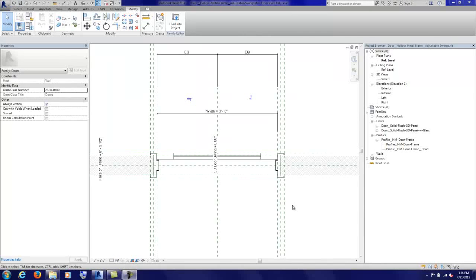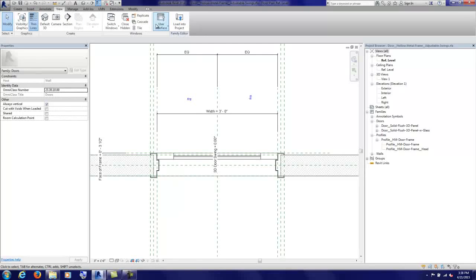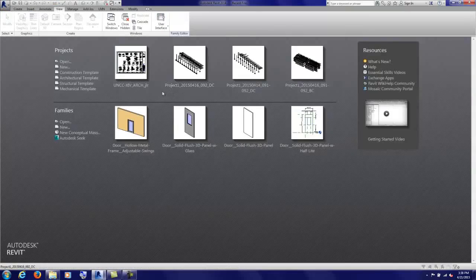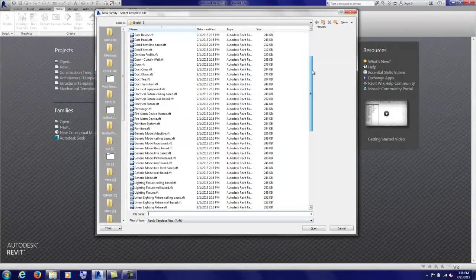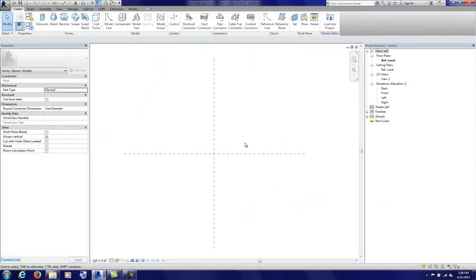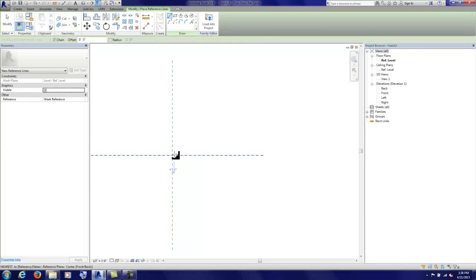So the last thing that we need to make is the 2D door swing. So I'm going to go to View, User Interface, and Recent Files. Let's go ahead and open up a new family template, and we'll start a generic model. With the generic model open in the floor plan, I'm going to create a reference line, and we'll go ahead